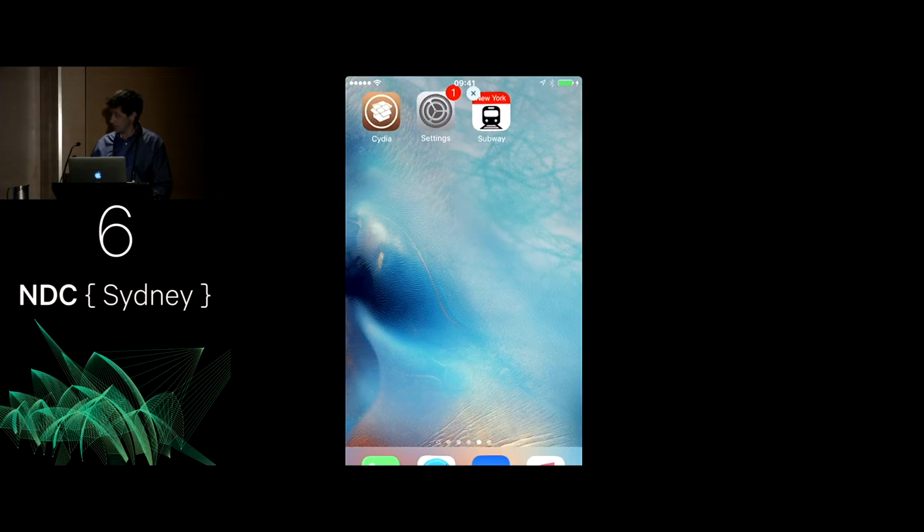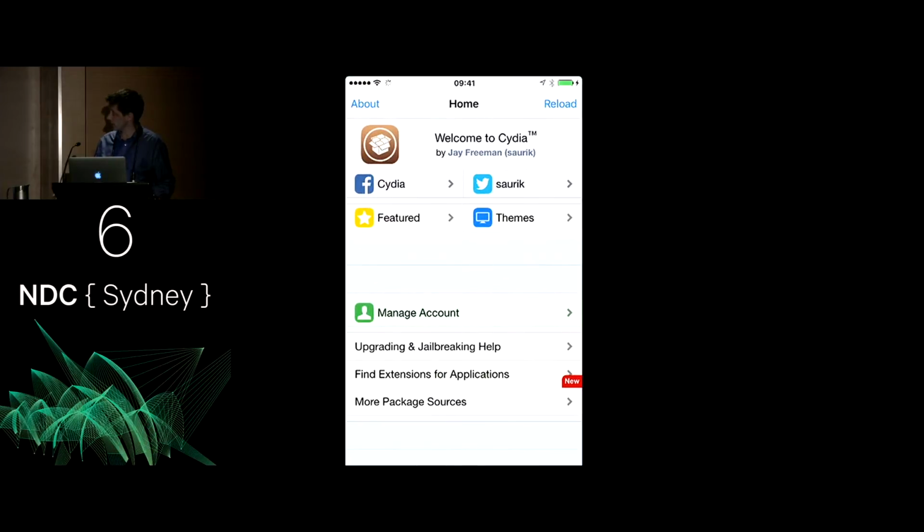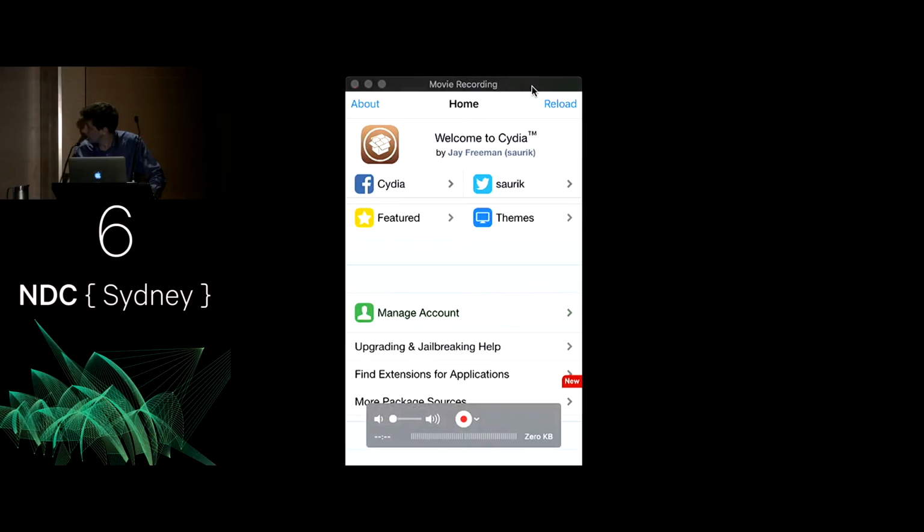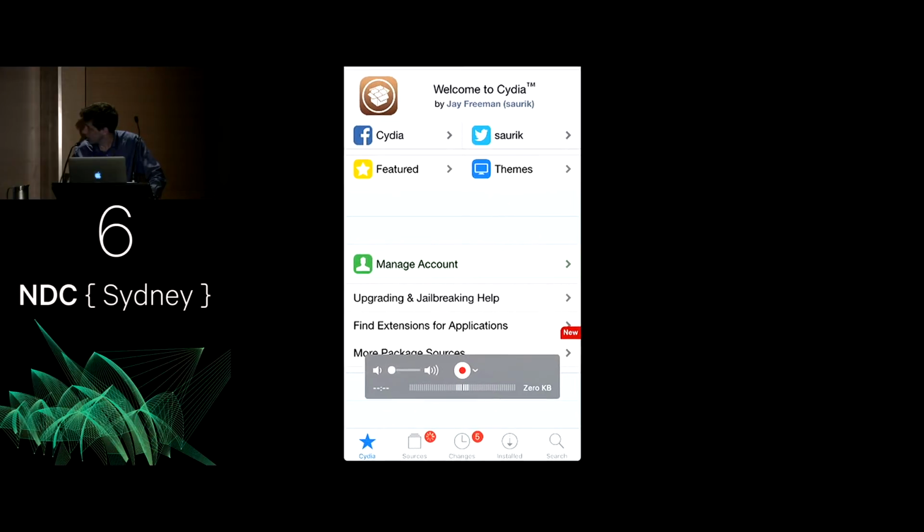Oops. So I installed Cydia and went through the jailbreaking process. And now the result is the jailbroken phone. So what can I do now that it's jailbroken? Well, basically, this is a Unix box now. I can SSH into it, start digging around. There's a couple of things I've got to do to be able to do that. So, oh, brilliant, you can't see the tabs down at the bottom. Okay, no, you can, but I've got to drag it down again, otherwise I can't move it.